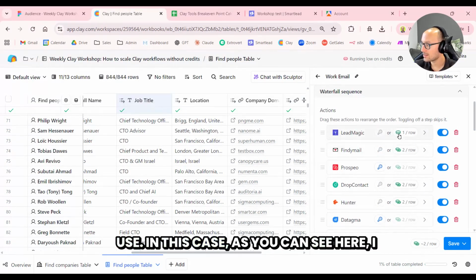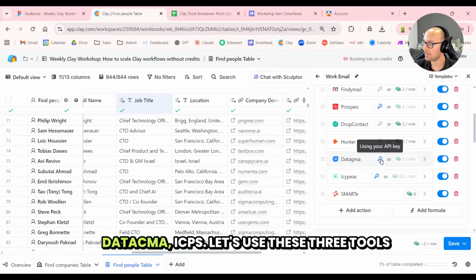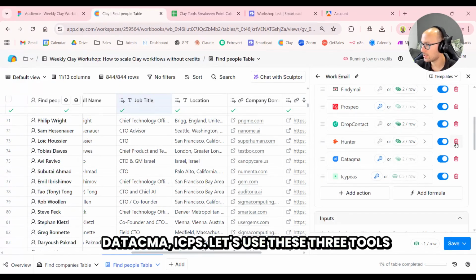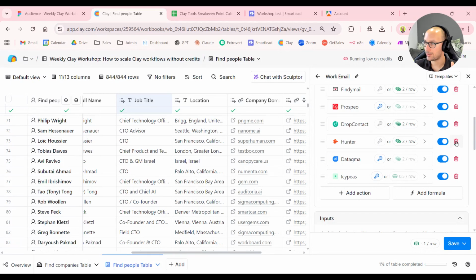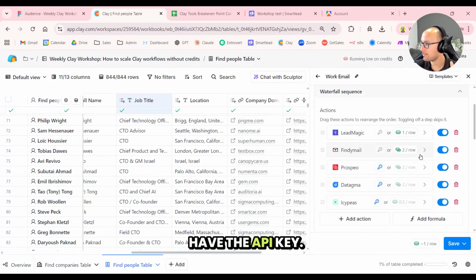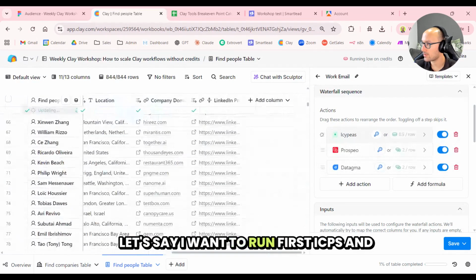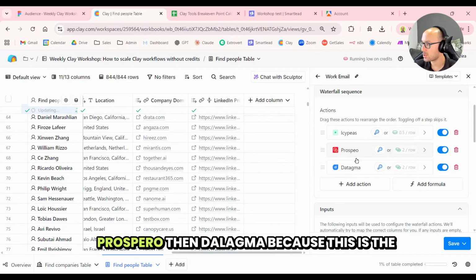In this case, as you can see here, I have the API key connected with Prospeo, Datagma, ICPs. So let's use these 3 tools to find the email. And let's delete the ones that we don't have the API key. Now we can also order them by the cost of running that. So let's say I want to run first ICPs, then Prospeo, then Datagma,